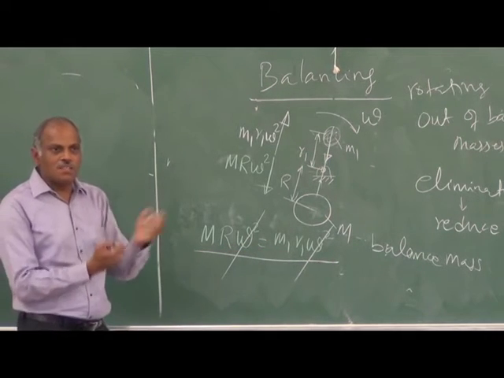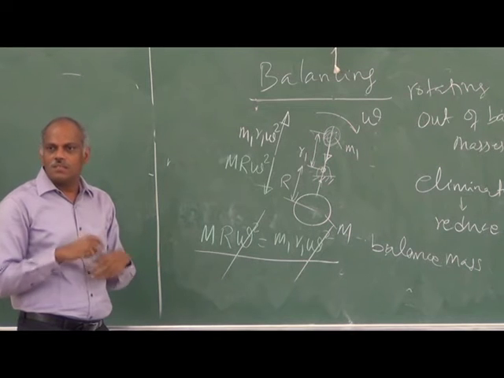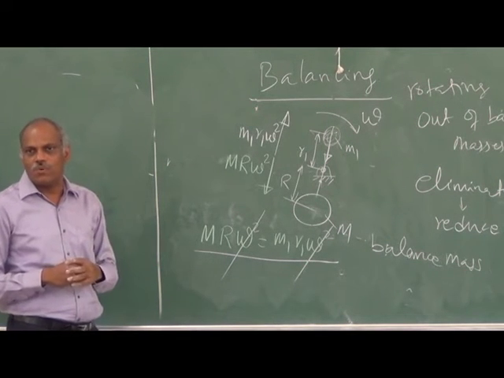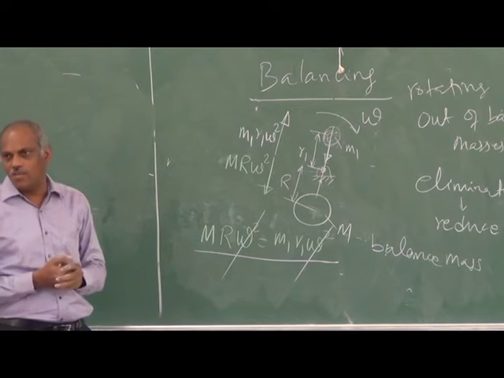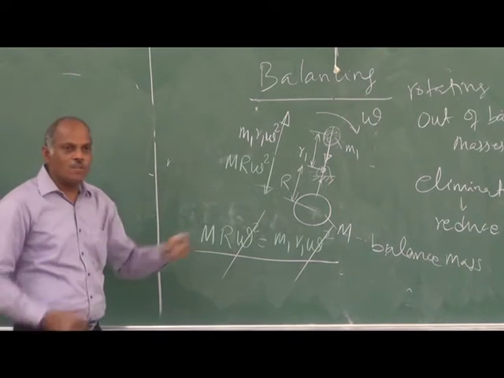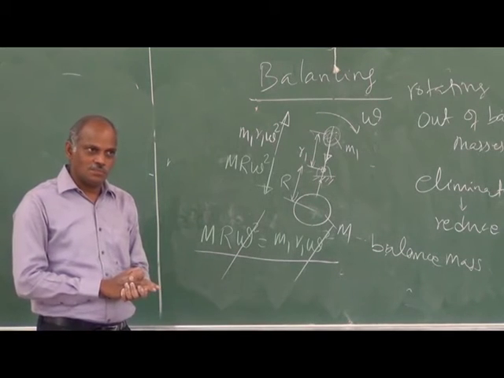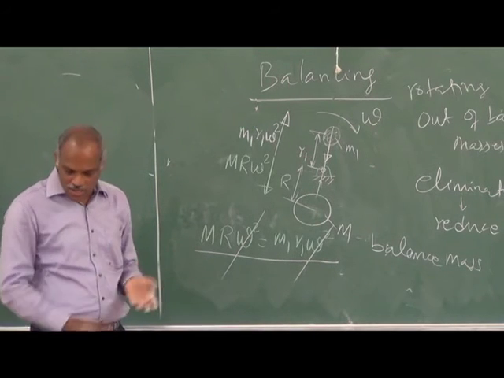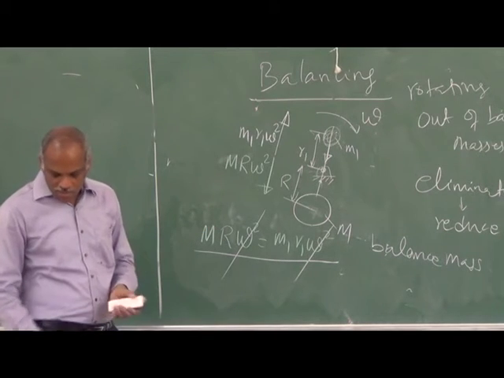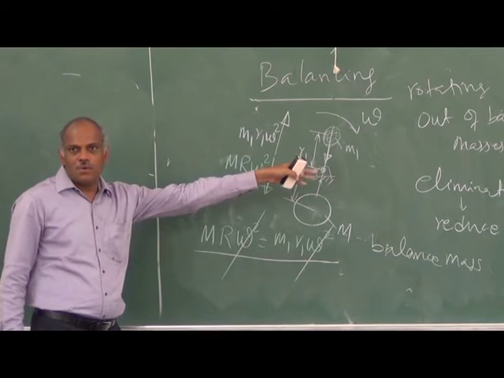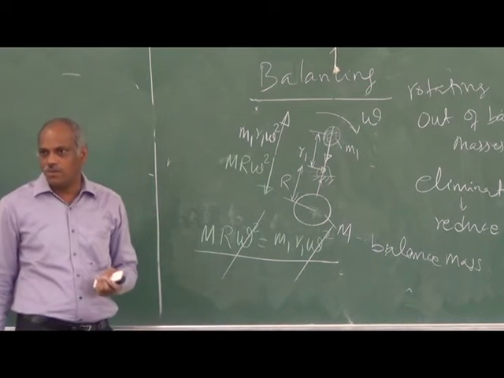If you have such a system, then you see that there is no net shaking force. The shaking force is completely eliminated. So this one will rotate. It will not produce any unbalance. Okay, so that is the basics of obtaining a balance of a rotating mass. Do you have any doubt?